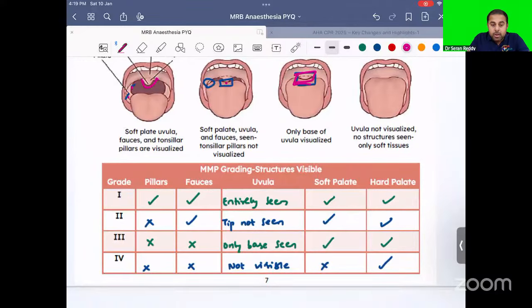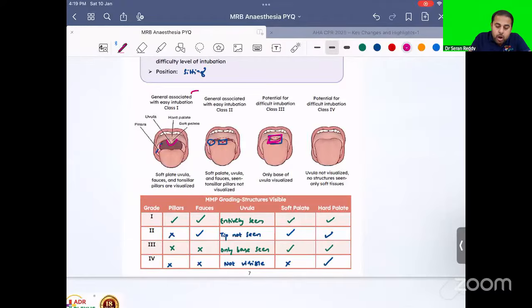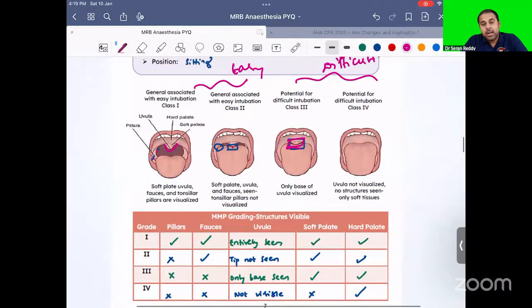You see pillars, fauces, uvula is entirely seen, soft palate, hard palate. Grade 2, you don't see the pillars, but fauces is seen, tip not seen, soft palate and hard palate. In grade 3, only base is seen, soft palate and hard palate is seen. In 4, only hard palate is seen. So 1 and 2 are easy intubation. 3 and 4 are difficult intubation. Clear? Then